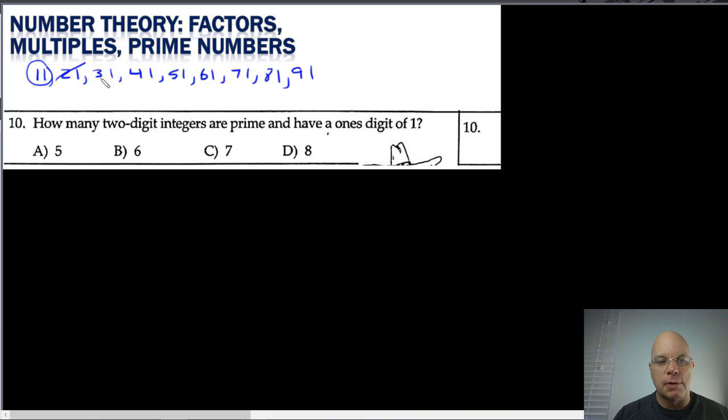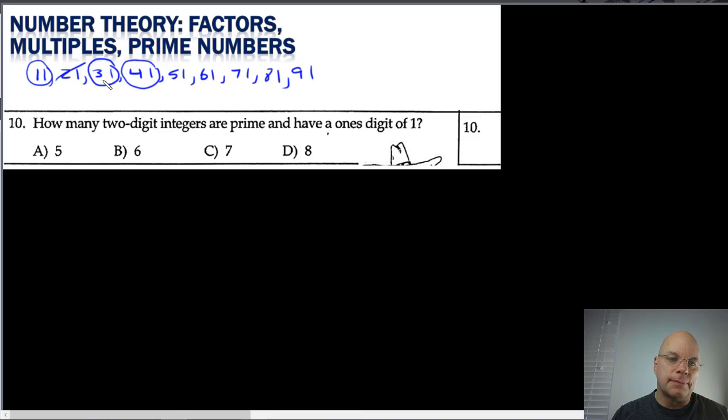21 is not prime, 3 multiplied by 7. 31 is prime. 41 is prime. If you weren't sure about either of these, you only need to check up to a number that, if you multiply it by itself, would be greater than the number. So